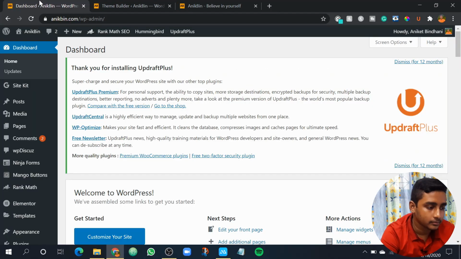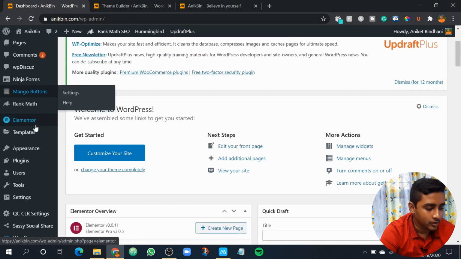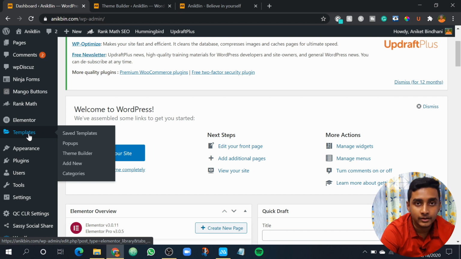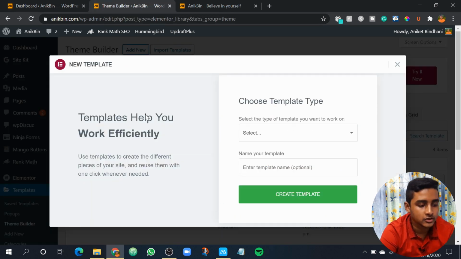Okay, so now we are on the computer screen and we can learn how you can create an error 404 page in Elementor Pro. Go to your WordPress dashboard, and from down here in Templates, if you have Elementor Pro, click Add New, and you'll be redirected to this page where it asks you to create a new template. This is a template that you can use on multiple websites as well, but for that you need an upgrade plan of Elementor Pro. That's a different thing.